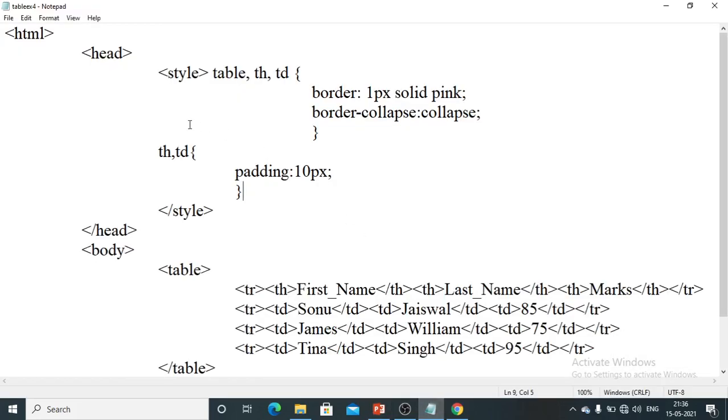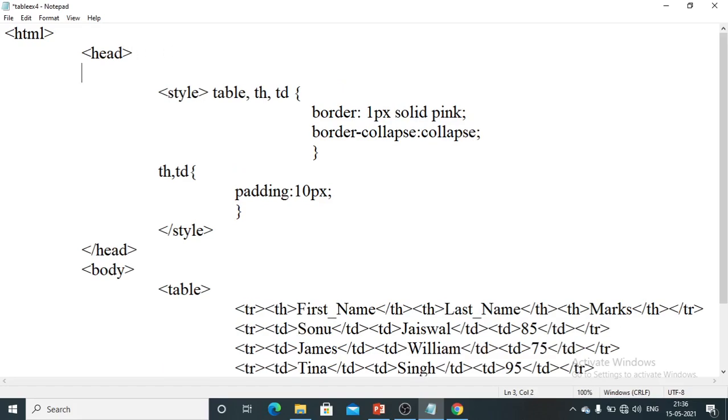Let me go back to my notepad, and in the heading I am going to add one title, that is, HTML table example.